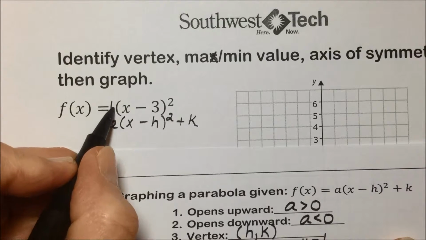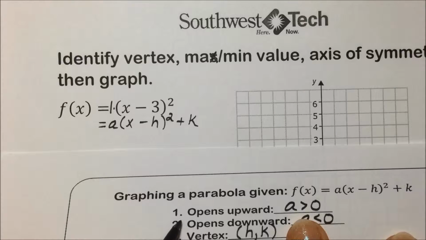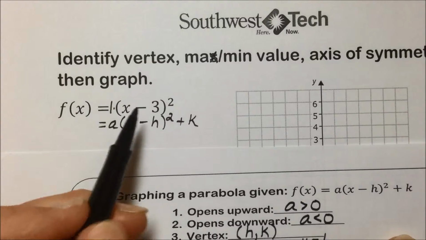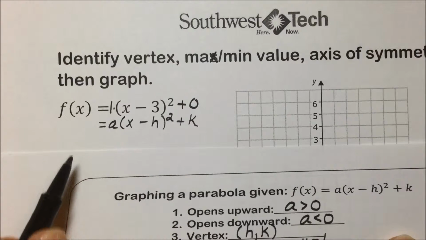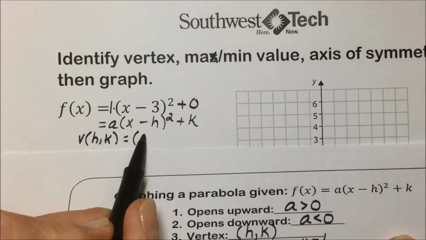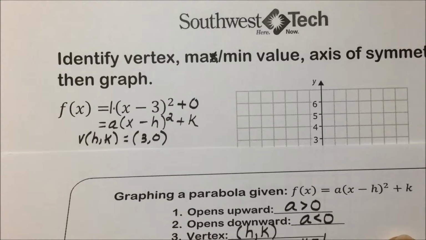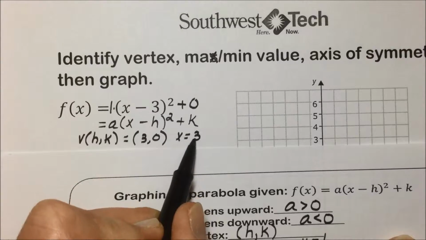Our leading coefficient a is 1. It's positive, and if it's positive, greater than 0, this parabola will open upward. That means if it's opening upward, our vertex will be at the bottom, making it a minimum. We'll talk about that in a minute. There's nothing being added on, so our k is equal to 0. Everything else is matching, so our vertex will be at the coordinate h, k, which in this case will be 3, 0. The axis of symmetry is x equal h, and since h is equal to 3,